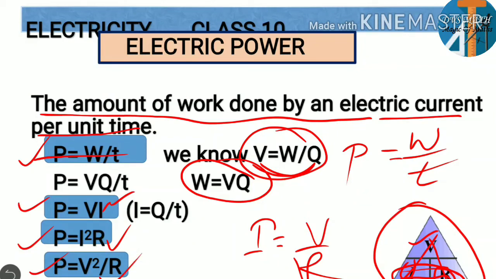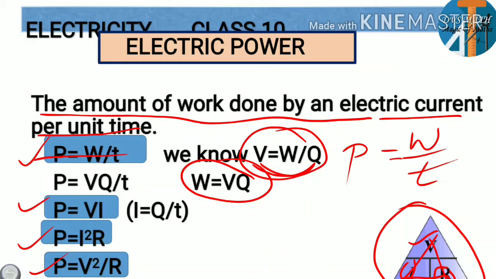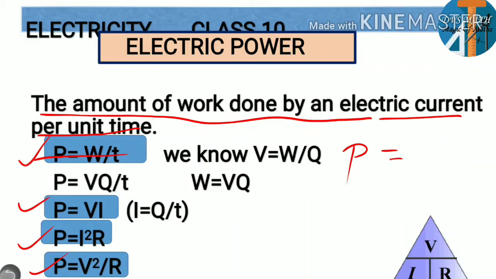They may ask for the formulas for power. Formula means more than one. So you can write P is equal to W by T, P is equal to VI, P is equal to I square R, P is equal to V square by R. Or they may ask, which of the following is not the formula for power. In that case, you have to check each formula. In options they may give like this. I square R.